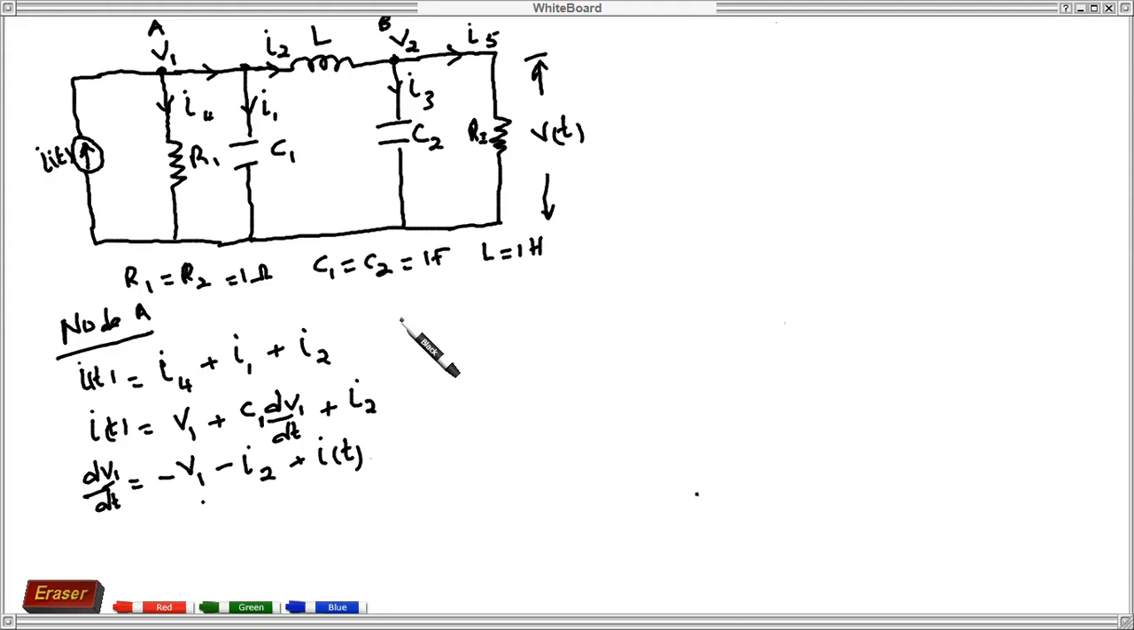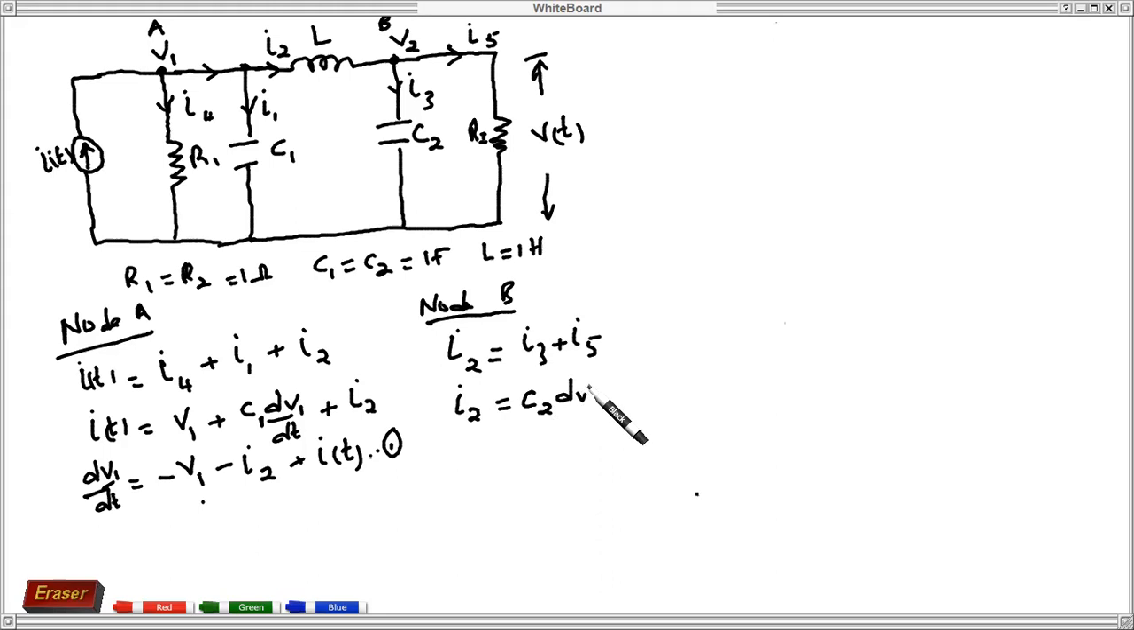We can write the node equation at node B as follows. Node B, call this equation 1. At node B, we have the currents that get to the node being I2 to be equal to the currents that leave the node, I3 plus I5. This can be written as I2 is equals to I3 in terms of the capacitor current as C2 dV, but the voltage is V2, dt, plus current through the resistor R2 will be V2 over R2,